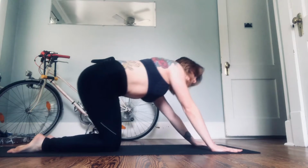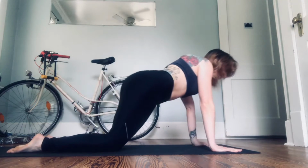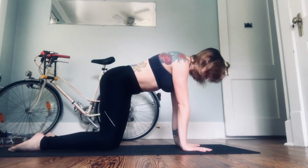Let's do 2 more here. I don't even remember how many I did on the last time. And then we'll come back up. This time we'll stay in center. Realign those hands underneath your shoulders, knees underneath your hips. Just a few